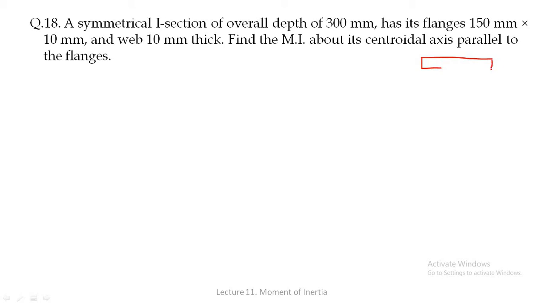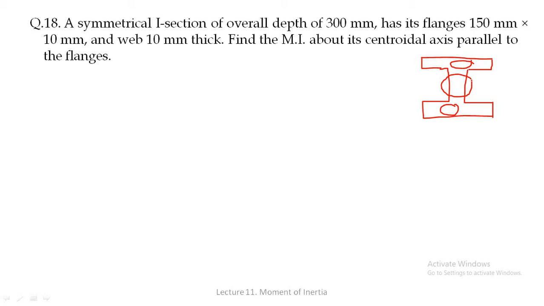Now for those who don't know what an I section is, or for the direct second year students, please pay attention, you might not know exactly what an I section is. An I section looks like the English capital letter I. This part is called the top flange, this part is called the bottom flange, and this part is called the web of the section.